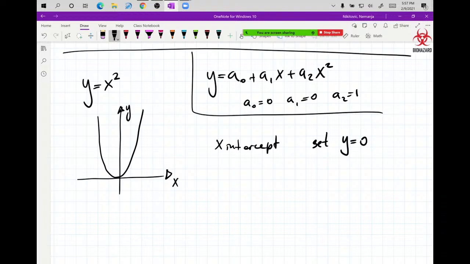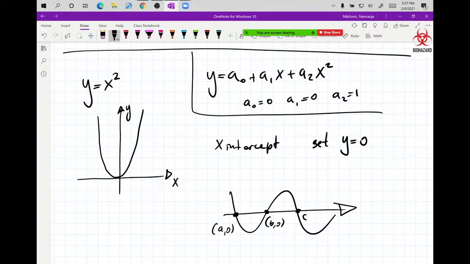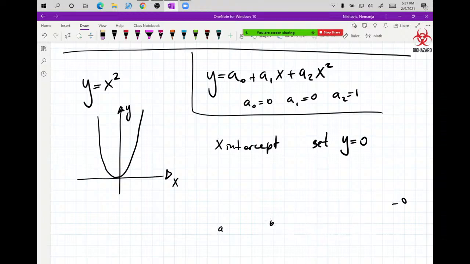if you are talking about the x-intercept. So no matter, if I draw the line x like this and then just have a function snake through it a few times, this is, let's say, a, but it's going to be a comma 0. It's going to be b comma 0. It's going to be c comma 0, right? Because each one of these is on the x-axis and the y coordinate is always 0 on the x-axis. So it makes sense, common sense, that if you're looking for the x-intercept, you set y to 0. So you're forcing it to see if the function cuts through the x-axis. So set that. And then for the y-intercept,